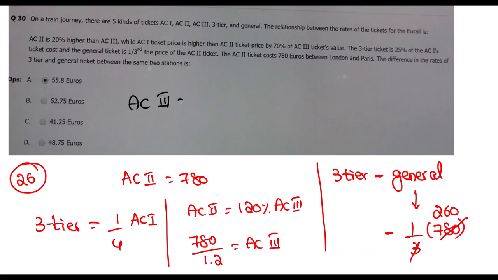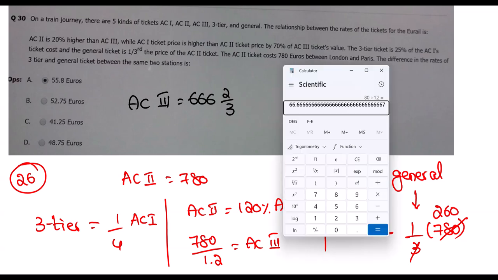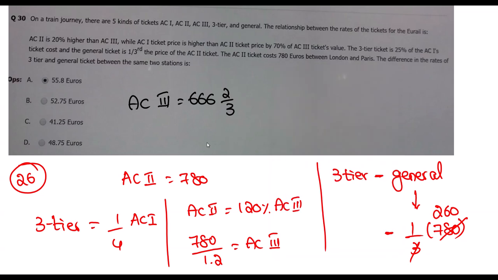AC 3-tier is 66 2 by 3. Fine. Next, one more 6 also. 666. Sorry, here they taken wrong calc. 780 divided by 1.2. 650 exactly. 650 AC 3-tier. Okay. Then what is the connection is 1-tier ticket